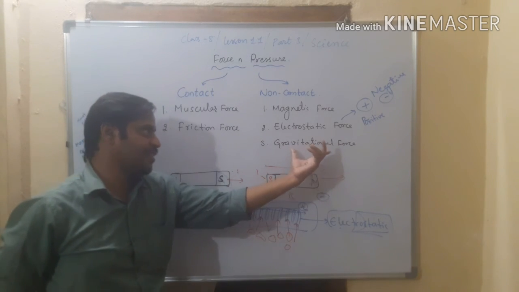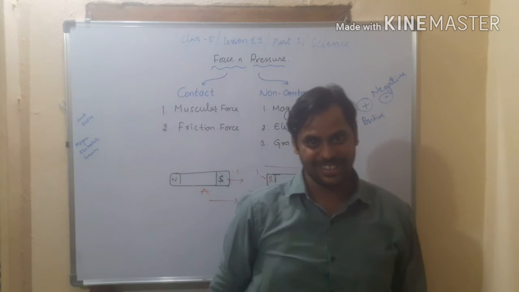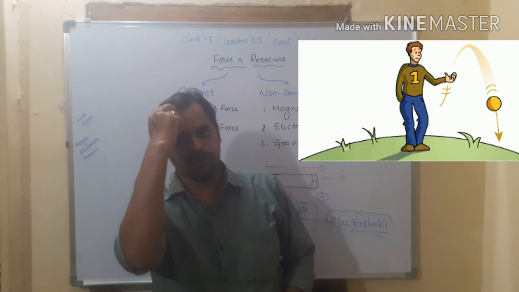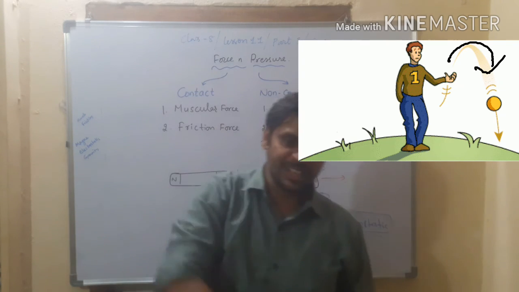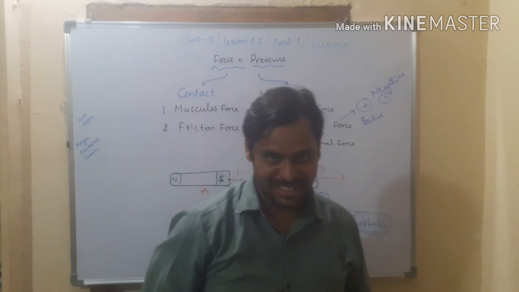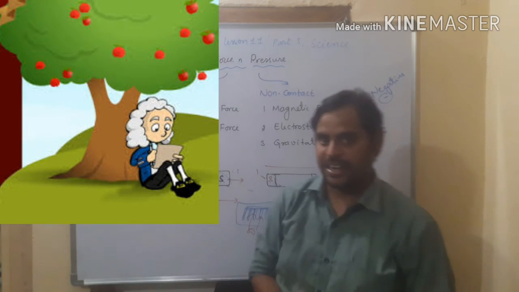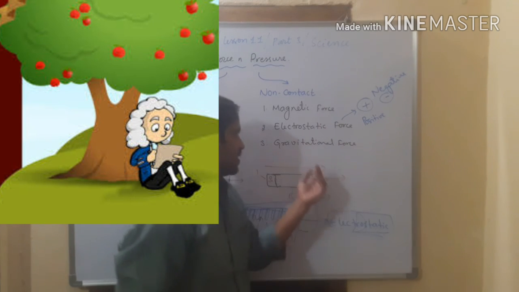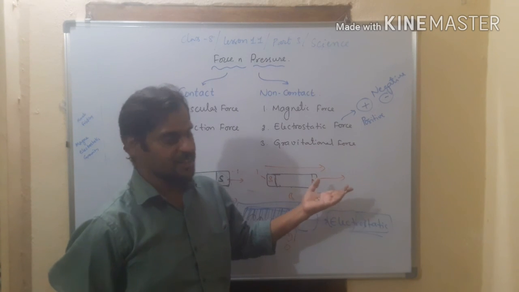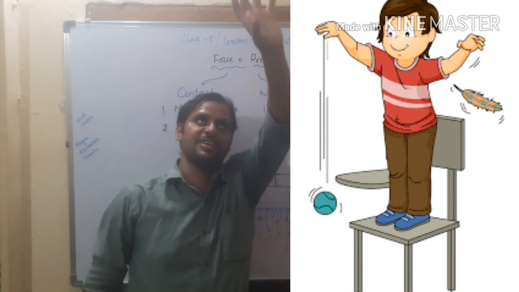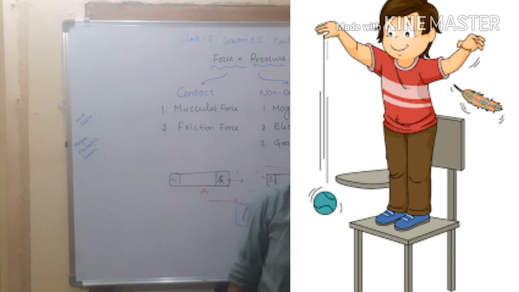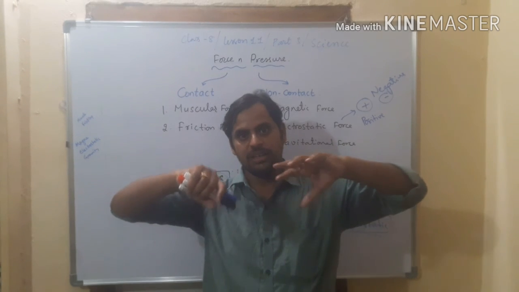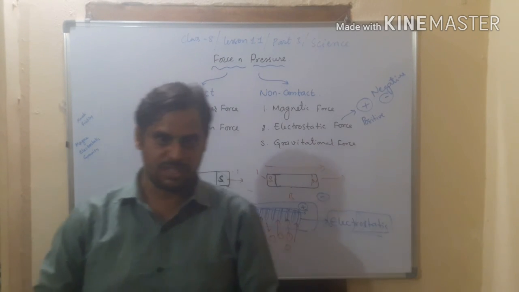And finally, very well known one, gravitational force. Whatever you throw up into the sky, definitely it comes back. Sir Isaac Newton explained about the gravitational force of the earth. Earth is the best example, as gravity belongs to the earth. So earth has the gravitational force and it can pull each and every object. So gravitational force is nothing but the force applied by the earth on the object, right?